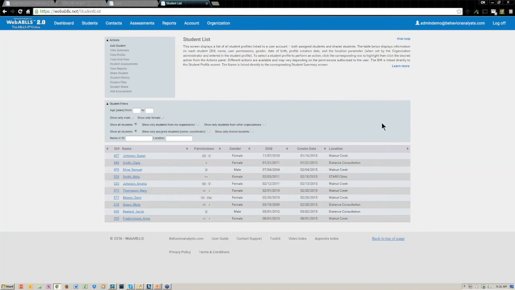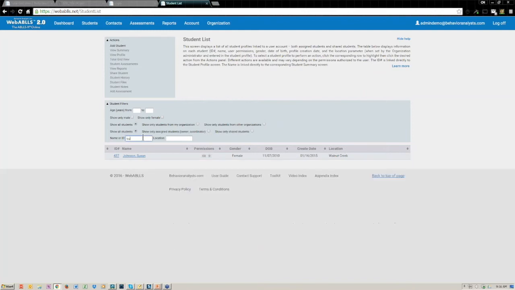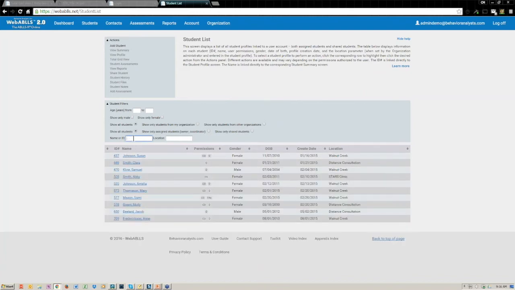The filters and the lists sort of work together. Wherever there's a list screen, you will usually have a filter, and the filter will help you navigate through your list to pull up the student you need, the data you need, whether it's an assessment or a report, very, very quickly. They're very powerful. They work fast. I do like to point out, I just type in 2 letters into the name field, and my student has come up that I'm looking for. You can enter a student name or an ID number there, and it will come up very quickly.